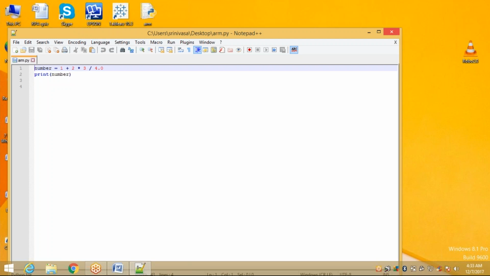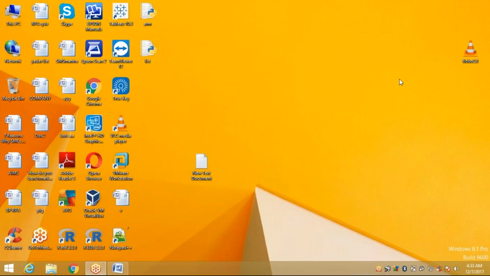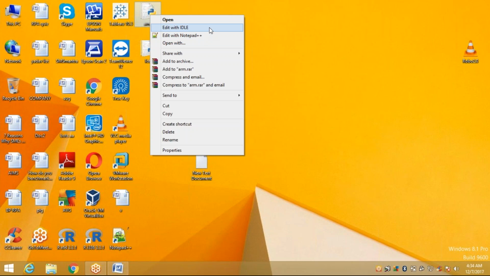So we have many types. Either you can practice in IDLE, in real time we are using IDE or command prompt, or you can install Notepad and type your program and save it as a .py file extension, Python file, and directly right click on that, edit with IDLE or run it.